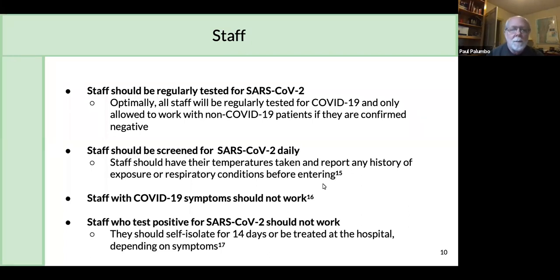If a staff member has COVID-19 symptoms, they should not work. They should not be in the general healthcare facility. And if they test positive for the coronavirus, they should not work, and they should self-isolate for 14 days or be treated at the hospital depending on their symptoms. So we do have a subset of our healthcare workforce who are at home self-isolating for 14 days. And this can create challenges for staffing in the healthcare setting. Next slide,